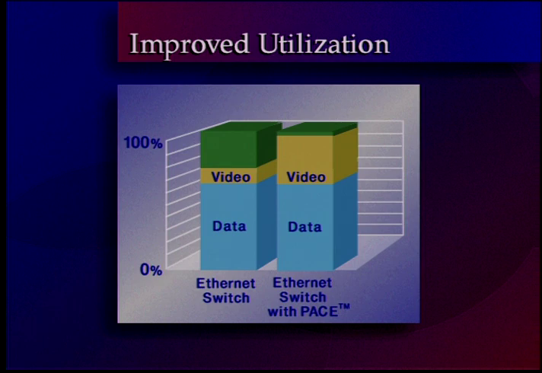We have a graph comparing the two which shows that with PACE, there's very little lost bandwidth because the video information is arriving on time, and the rest of the bandwidth is being made available for data. There are very few collisions, and what collisions do occur are handled very efficiently. However, with the regular Ethernet case, a lot of video doesn't get delivered on time, so that bandwidth is lost. And there are also a lot of collisions and dead time caused by these collisions.